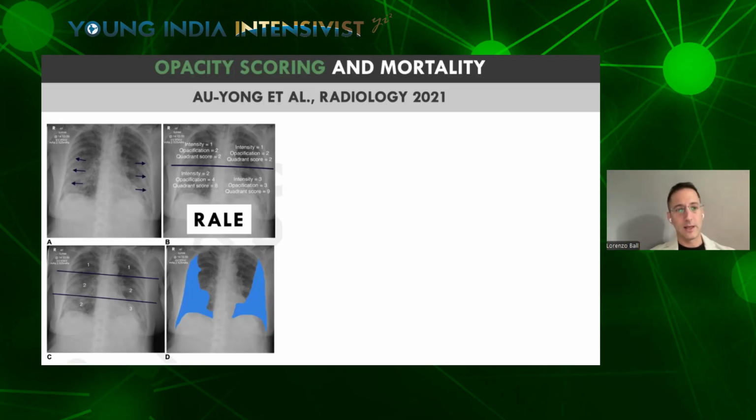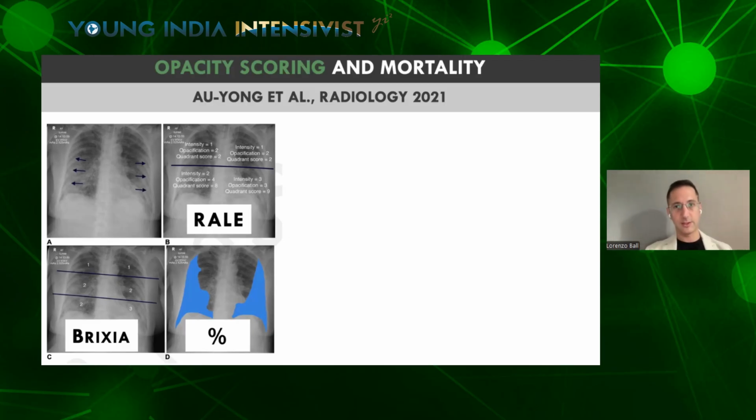It is a score based on the division in four quadrants and giving a score to the intensity of the opacification. There are other scores, such as the Brixia score. The main difference is that it divides each lung in three rather than two portions. And there are increasingly used ways of estimating the percentage of the lung occupied by opacification. These techniques are becoming available also in the bedside chest X-ray scanners that we use every day in our units.